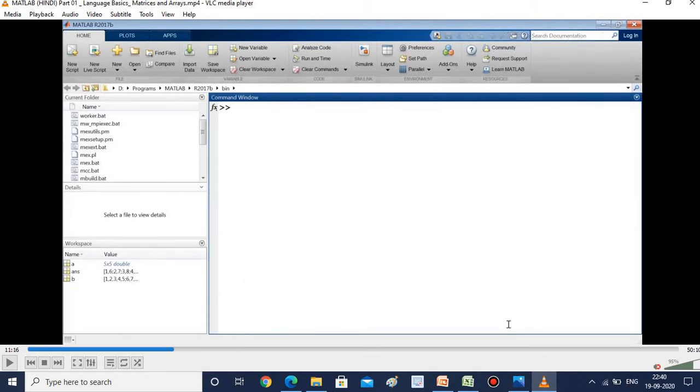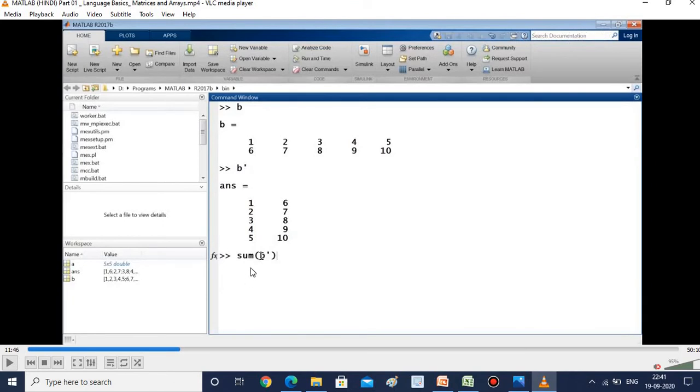Now I have cleared my command window. Next I am typing B, the same matrix I have taken, and if I use my up arrow, I can see the history of the command window. Whichever you take, the up arrow, side arrow or down arrow, generally prefer the up arrow. Whichever commands I have typed so far will be an easy reference for you, and you can use them again and again. Now I am taking the 1, 2, 3, 4, 5 B matrix. I want to do the transpose, not inverse, sorry. Transpose means rows will become columns and columns will become rows.